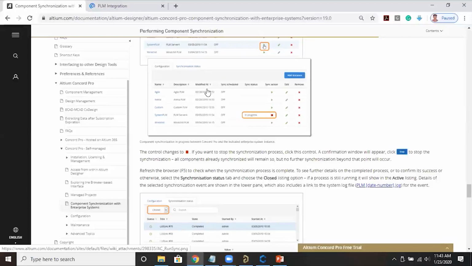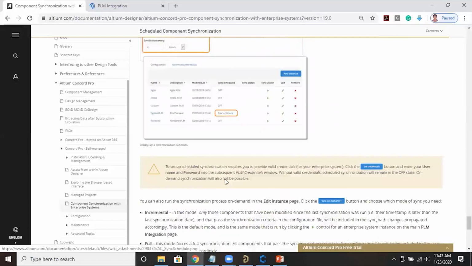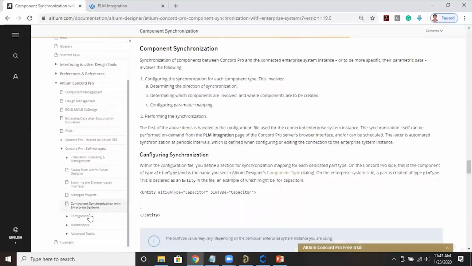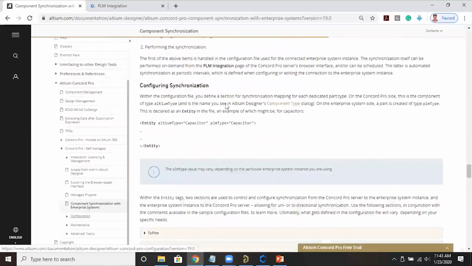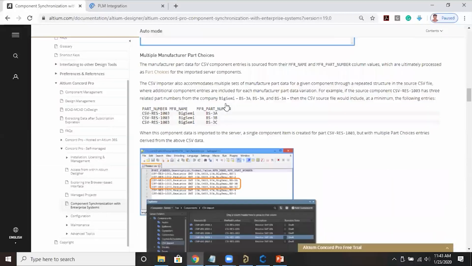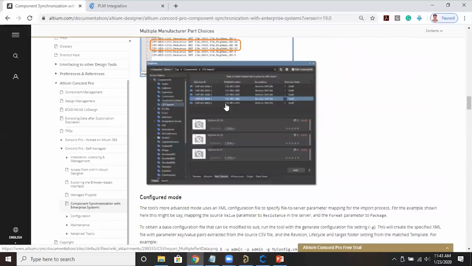When it is synced, we can also verify whether it is in synchronization or off. Okay, so once we sync, it will create a folder with all the components, component types. So we can start creating the symbol and footprint.